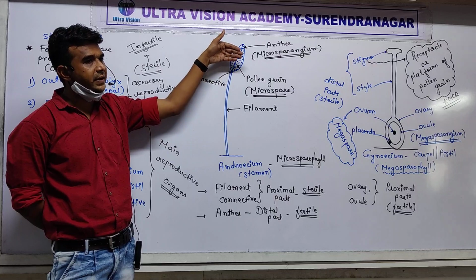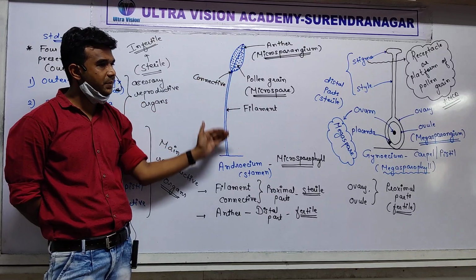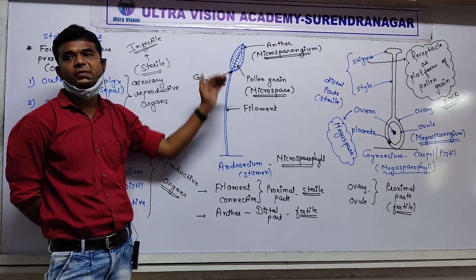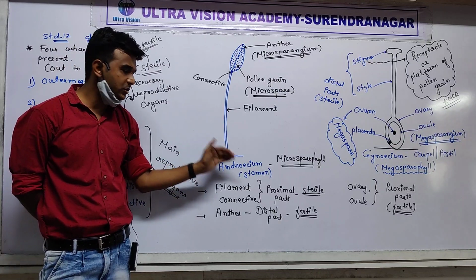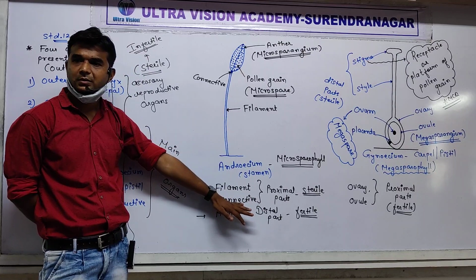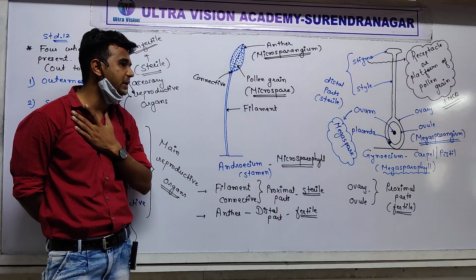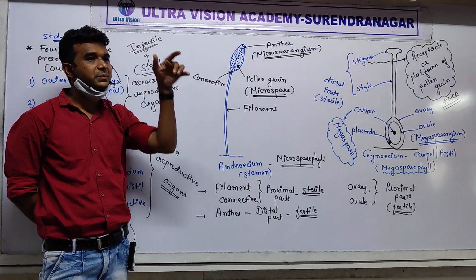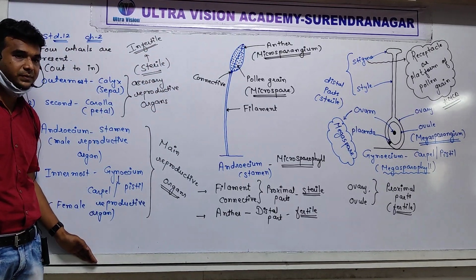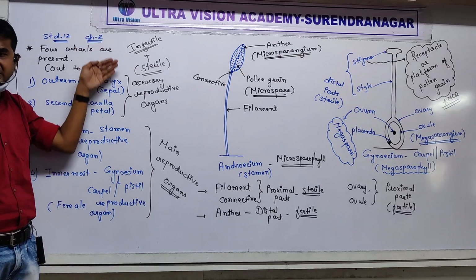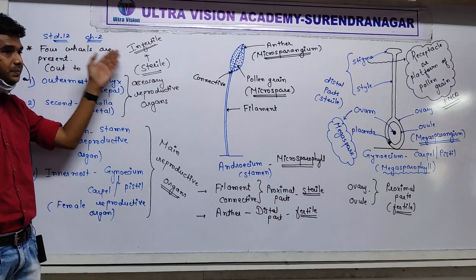So here initially when you think about that filament and connective, both are the proximal part. So there is no role of these filament and connective in fertilization. So these are known as sterile parts. But the distal part, that is anther, it is important in fertilization. So don't make the mistake behind that. Here these are the fertile or sterile parts of the flower. Here these parts are fertile and these parts are sterile.